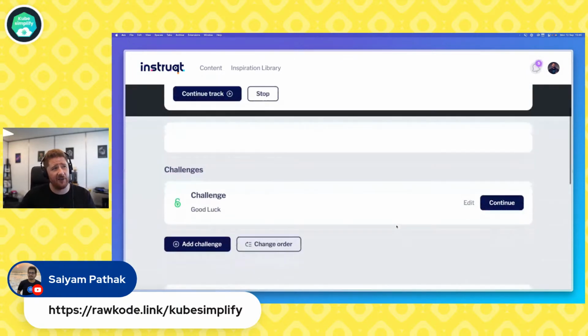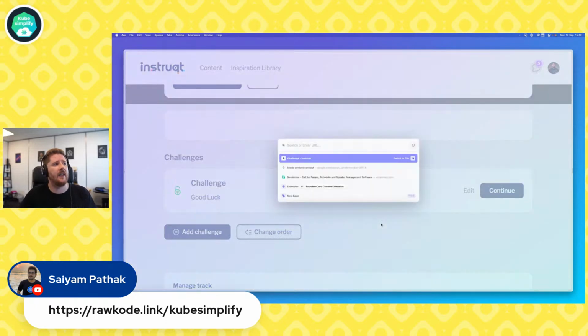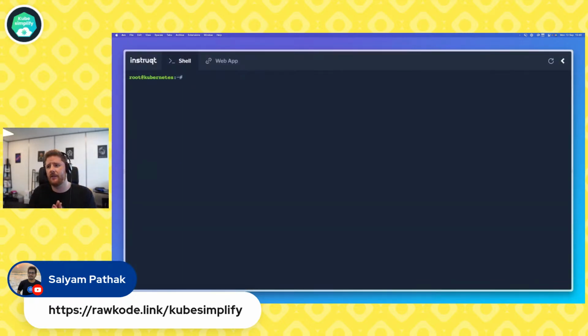Once you click on cluster 1, you'll see that you have 60 minutes on each cluster. Each cluster has one challenge. You'll see a start button here, whereas I see a continue because I already have it opened. So please click the start button. What you will see is that it will take 3 minutes to spin up. For the first 3 minutes of cluster 1, which I already have here, as you can see, I can type. This is a real Linux environment.